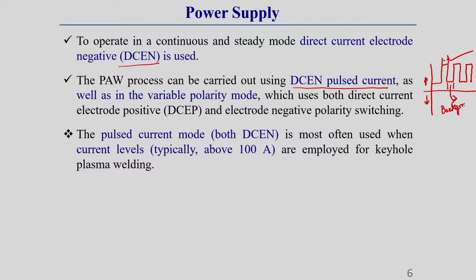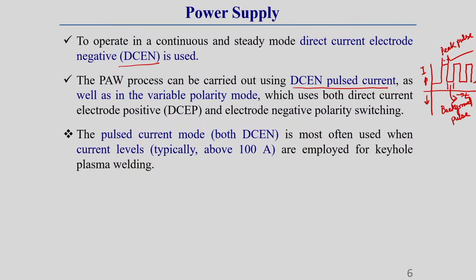Background pulse. And this is called the peak pulse. This axis generally represents current and this axis represents time. That means with time the current magnitude varies, but the current always stays in the same state. What I mean by same state is that it is positive, direct current, and there is no zero crossing. So, that is called DCEN